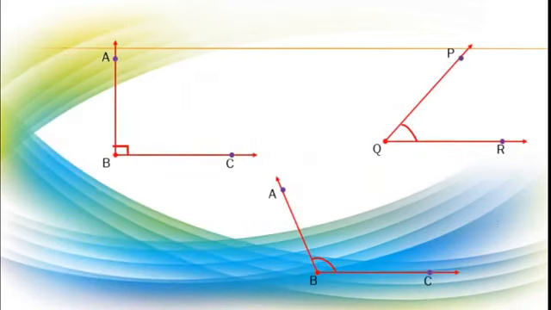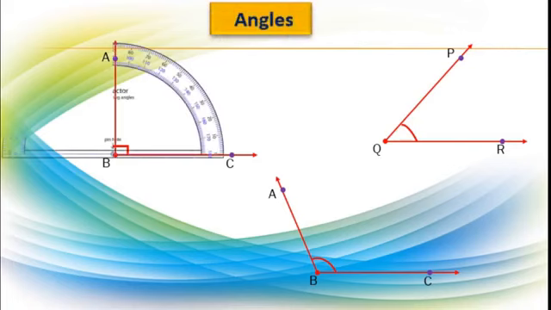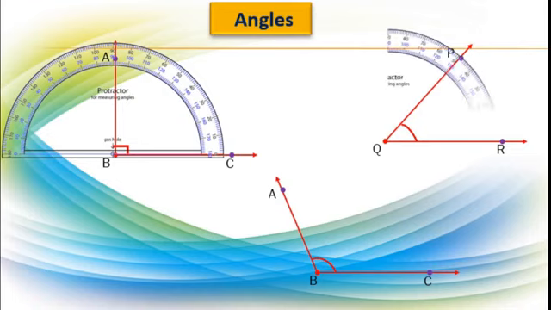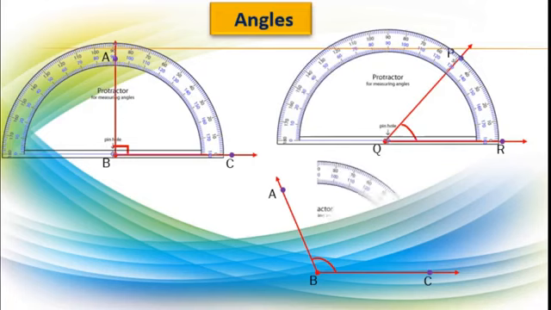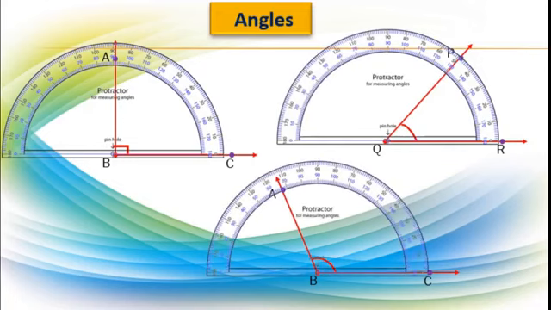Now students, here three angles are drawn. Now I will attach a protractor here and we will see. Yes, see, the protractor shows 90 degree. Correct? Now here also and here also. Now we kept the protractor on the angles. Now the first one shows 90 degrees. So that is, yes, very good. That is a right angle.